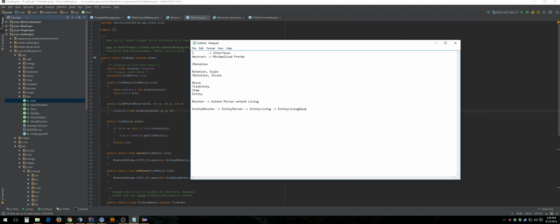This is the importance of readability. I need to be able to look at your object and immediately know what it is. I shouldn't have to read your entire code base. I shouldn't have to sit there and go, okay, we've read the monster class, a 1,000 line long object, now we know what a monster is. We read the entire person class, now we know what a person is. We read the entire living class, we now know what a living thing is.